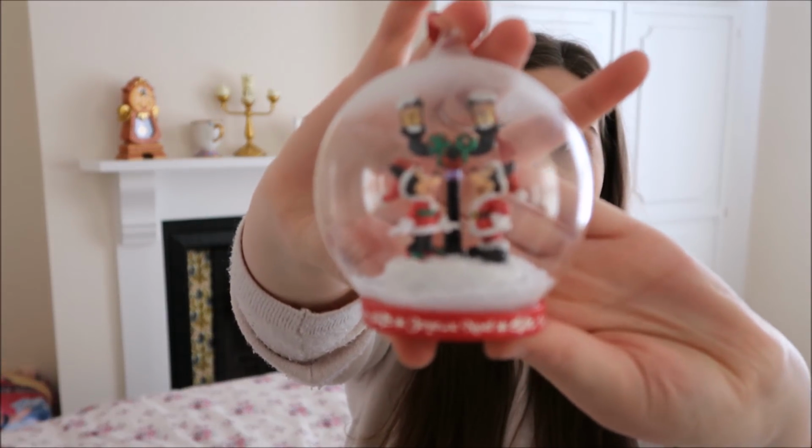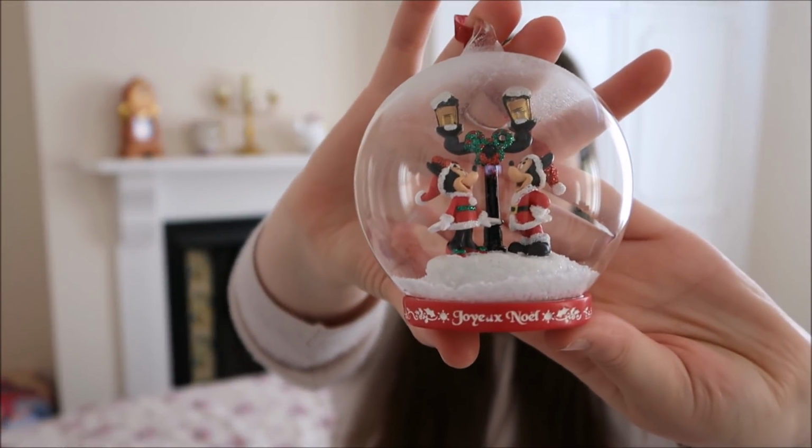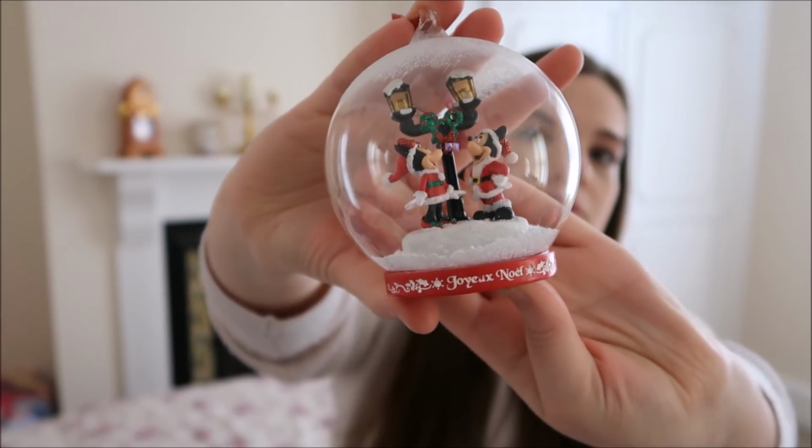I cannot remember the prices of these Christmas decorations, only because I have taken them off because we actually used them for Christmas. But I think they were about €15.99. I will just show you a close-up of the decoration here. You still got them in the little wrappers. Oh, this is